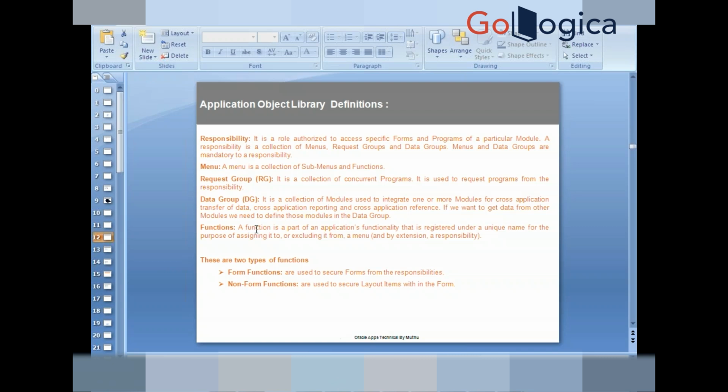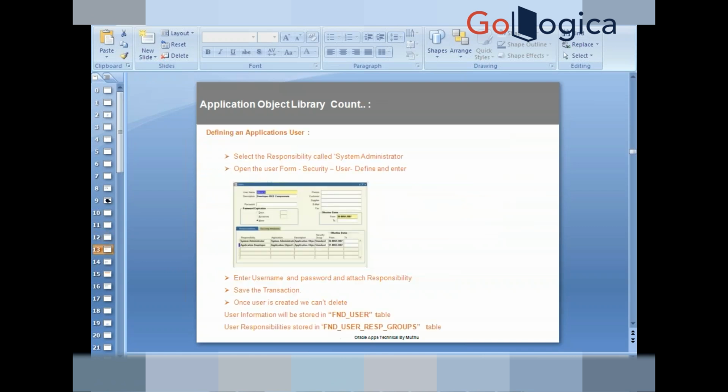It is a collection of modules used to integrate one or more modules for cross application transfer of data, cross application reporting and cross application reference. If you want to get data from other modules, we need to define those modules in the data group. So try to read these functionalities,